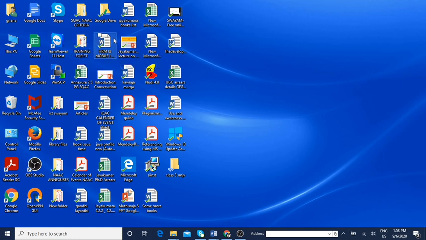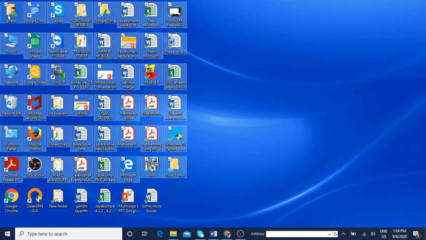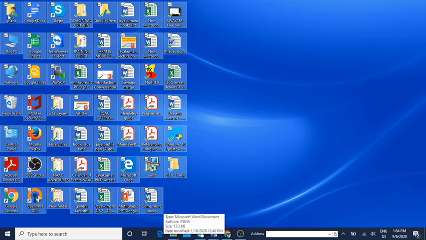To select adjacent icons or files or folders, same method applies. I am showing you. Click on the icon which you want. Start with that icon. Did you see that? I just clicked it. Then using the shift key, either you move right or left. Are you seeing it? Yes. Now this is the selection of adjacent icons.